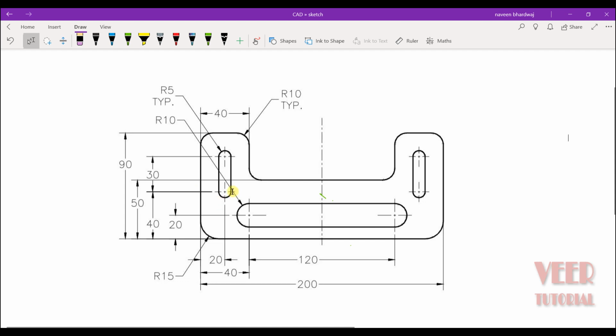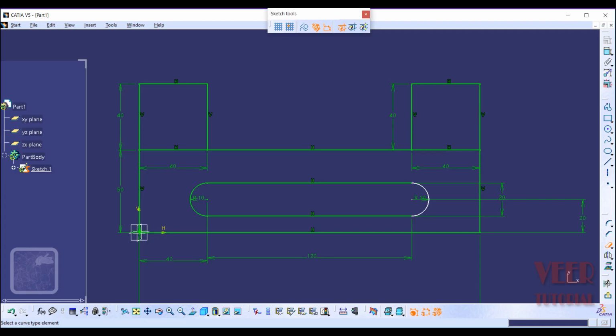for this we need to find out the location. So to find out the location, first thing we need to find out is the location of the center. So we can see the distance is 20 and the vertical distance from this horizontal line is 40. So we have the coordinate, and the distance from the center to the center is 30, and the radius is given, that is 5. So it means the total width will be 10. Okay, so now we can make this, go to CATIA